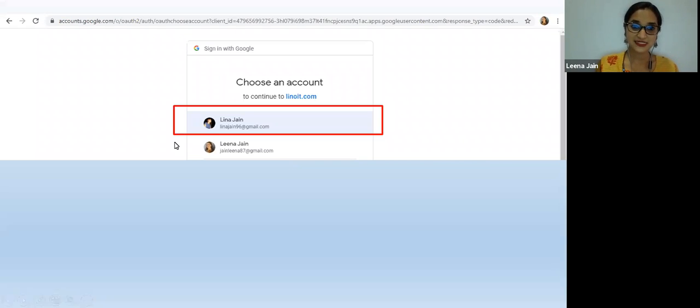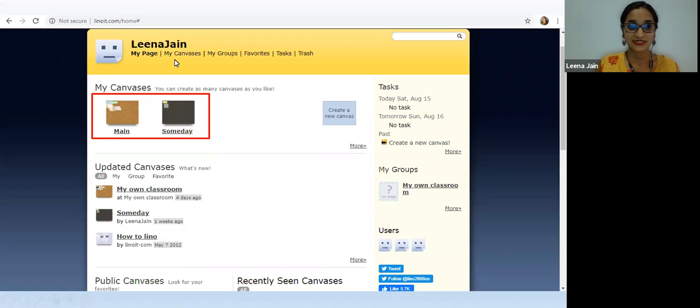Then as you're looking here, I have two IDs. One I have kept for logging into different tools, so I do not forget my password and I keep all my records in one place. So this ID, what I'm going to use is for Lino. When I use this ID, I can see I'm entering into a new first page of Lino. Okay, I've come to the My page. In My page, I've already used this username, so I can see it reflected here.